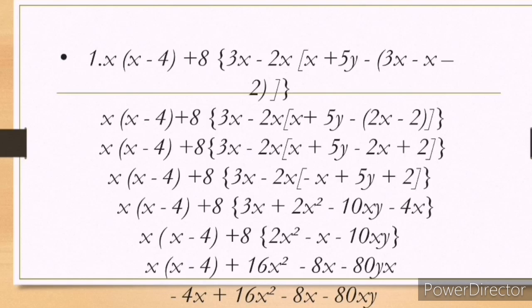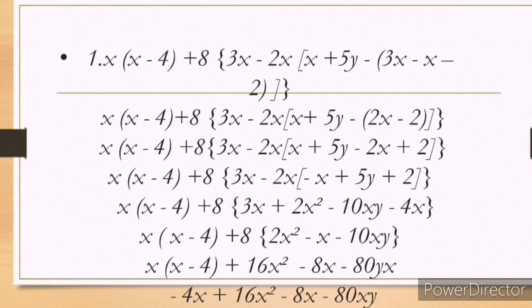The number one problem is x quantity x minus 4 quantity plus 8 quantity 3x minus 2x quantity x plus 5y minus quantity 3x minus 2 close. We get this 2x minus 2 because we subtract: 3x minus x is equal to 2x, then we